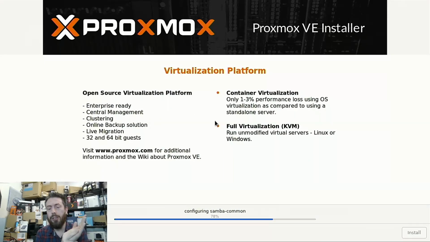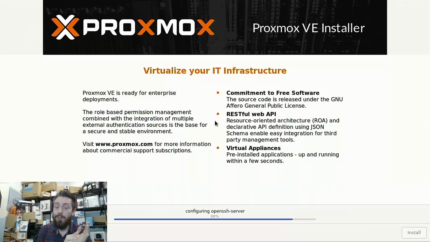But the Proxmox installation is relatively quick. It doesn't take that long. It's a very micro install, which is one of the great things about it. It's just very lightweight and very feature rich as well. But what I'm going to do now is fast forward, because I don't think you need to listen to me for another 10 or 15 seconds just rattling on.